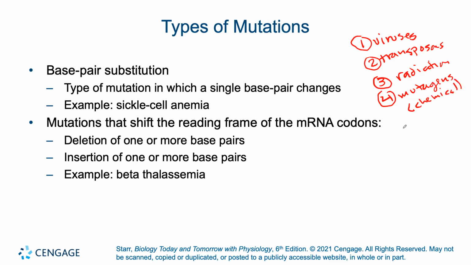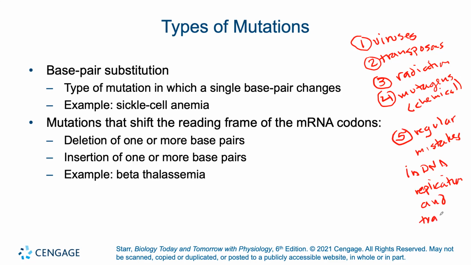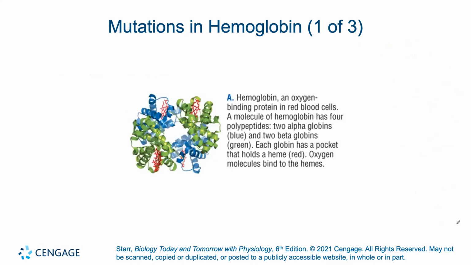And then finally, regular mistakes in DNA replication and transcription. Because nothing's perfect, right? Example: hemoglobin, which is the oxygen binding protein in red blood cells, which is a molecule that carries oxygen